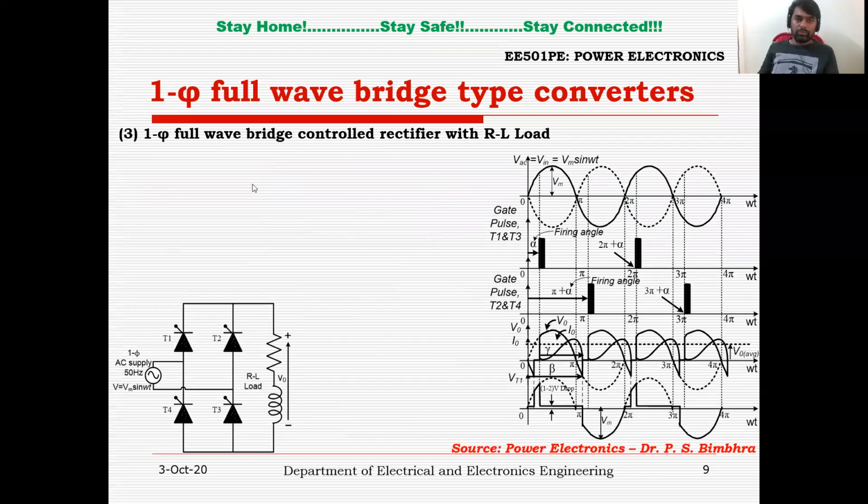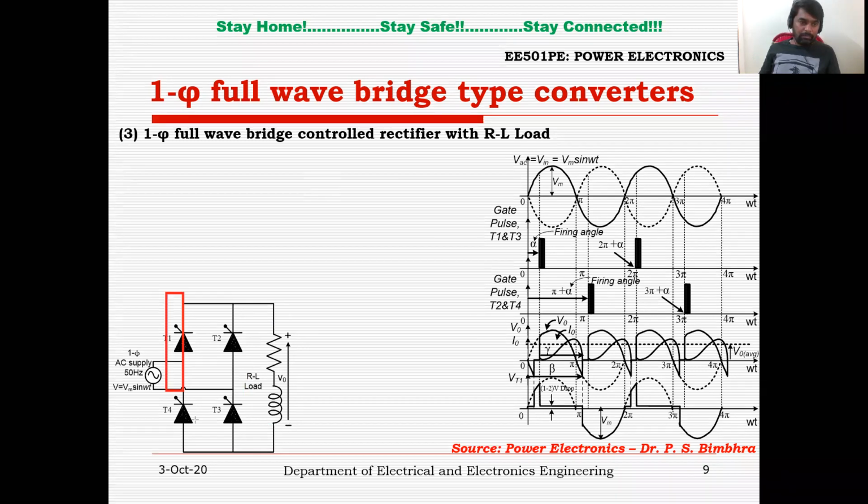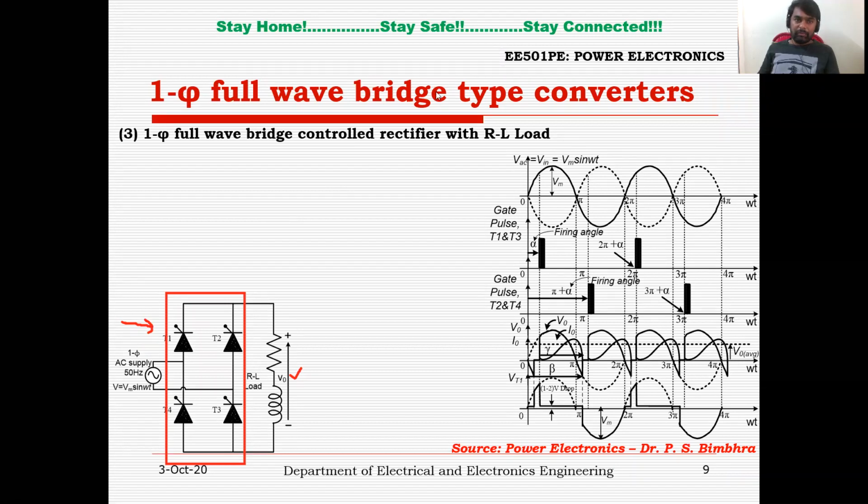Now we'll move on to one more load called resistive and inductive load. And this is the circuit configuration where the load is replaced by resistance and inductance which are connected in series. And now this is our power electronic converter, which will convert the AC at the input to a controllable DC at the load. Right, we will see how we are going to get variable DC across the load from a fixed AC. So these are the expected waveforms you can see here.